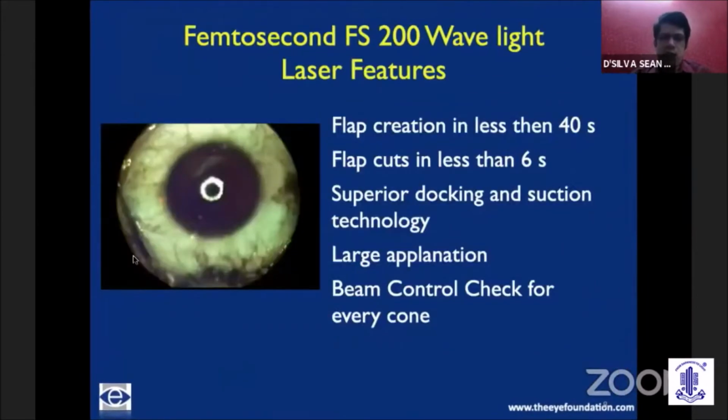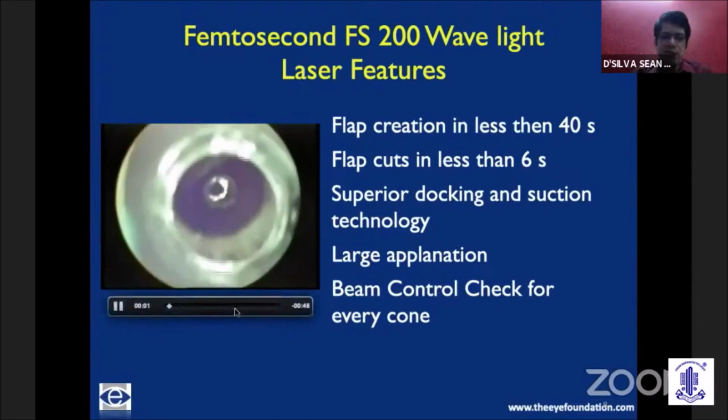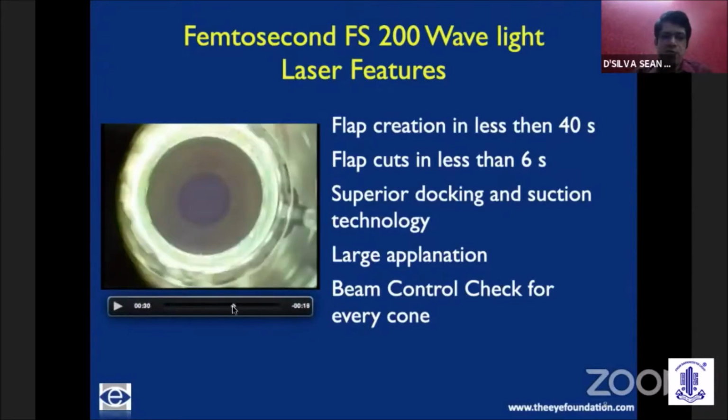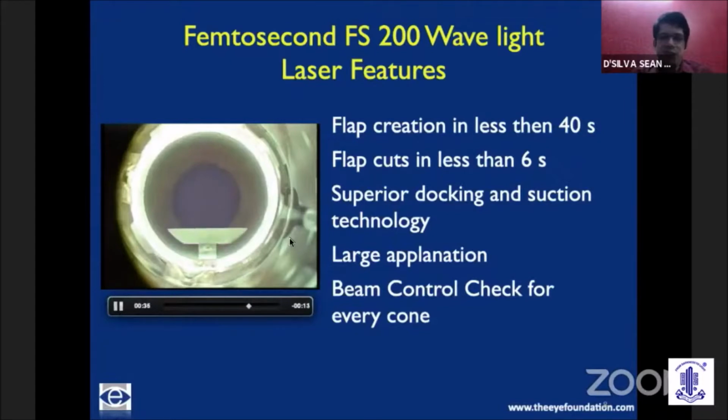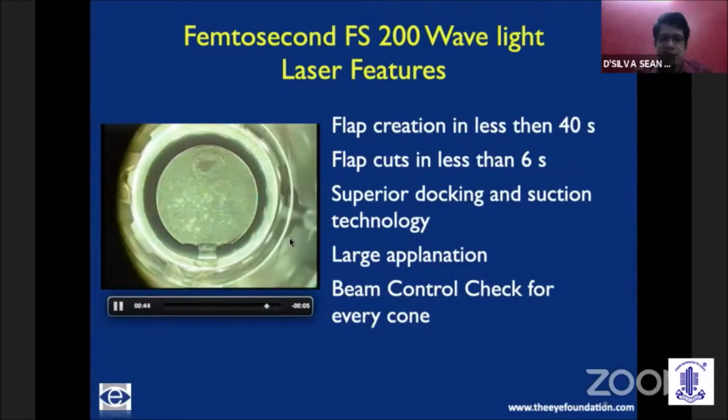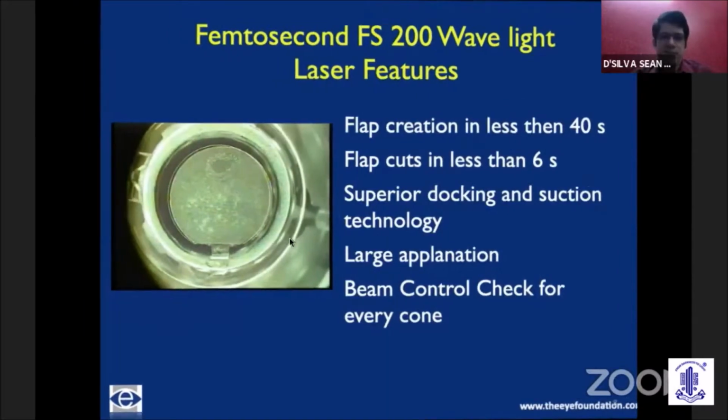This is how fast the laser actually is in the human eye. And this is a real-time video. I'll just forward it right up to the point of the laser delivery. Here, after the complete applanation occurs, the entire flap creation takes hardly around 40 seconds. It starts with the canal formation, and then the interface bubbles are being created. And once that is complete, you have the side cuts being created, and that's the end of it. It actually takes hardly around 7 seconds for completion of the flap.